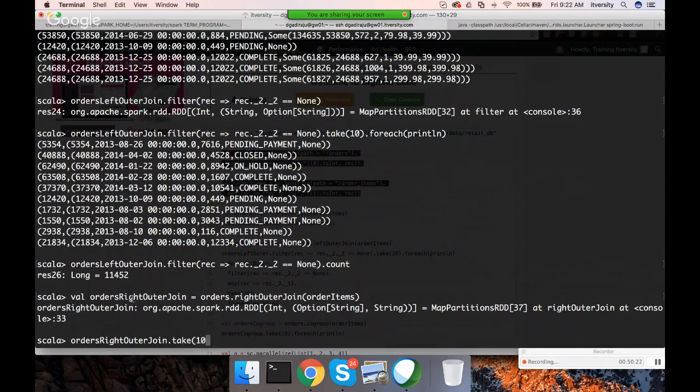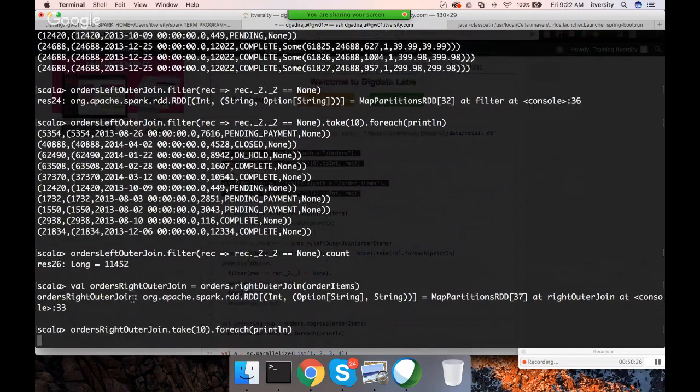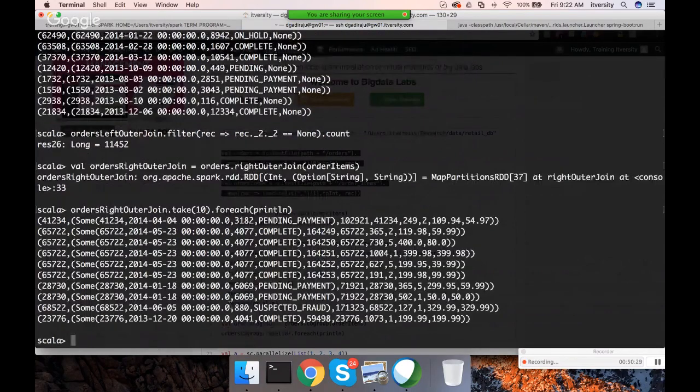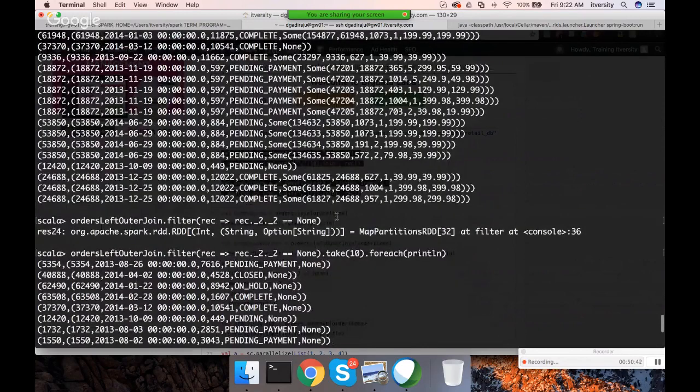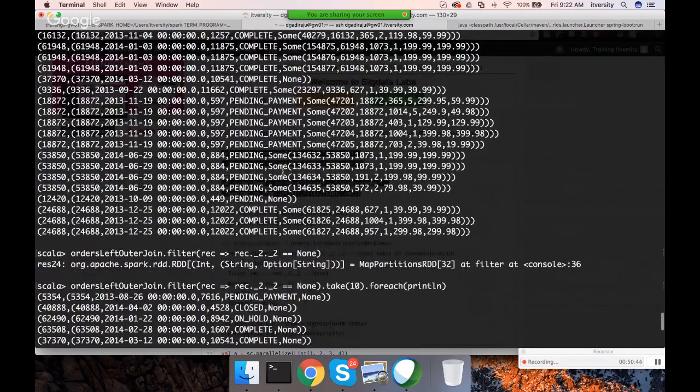Take of 10 for each println and hit enter. Okay, so here you can see when you perform the right outer join, the first element came from orders and it was Some here. Similarly, when I ran it in the past for the left outer join, because order items